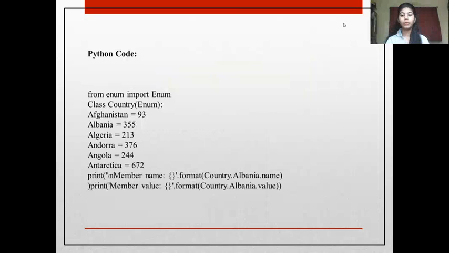Now, we'll see a program to create an enum object and display a member name and value. So let's begin. The syntax is pretty straightforward. As you can see on screen, in the class definition, we list the members and their respective values.